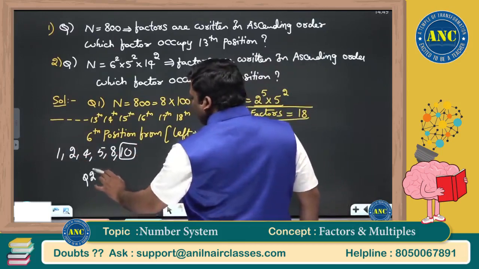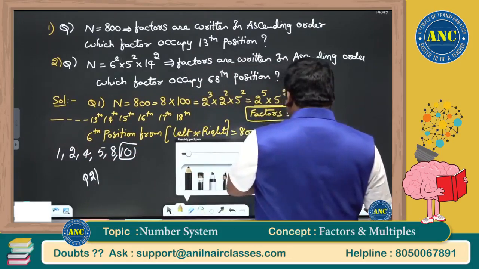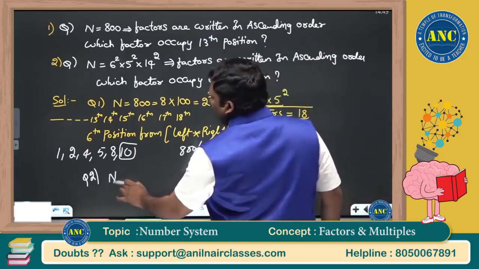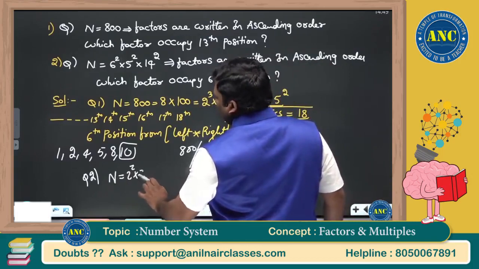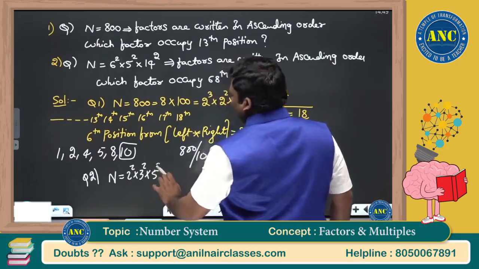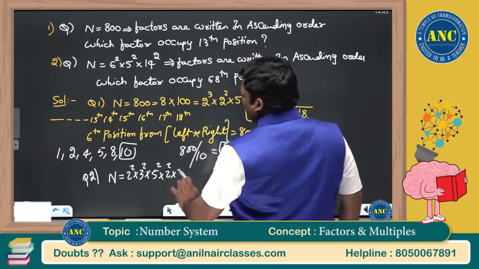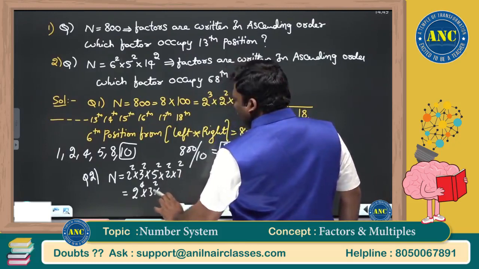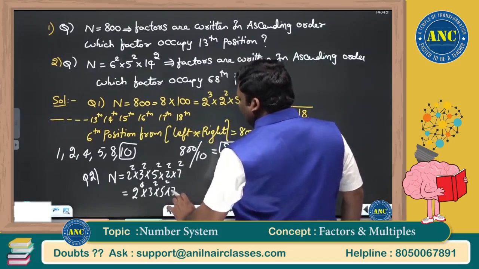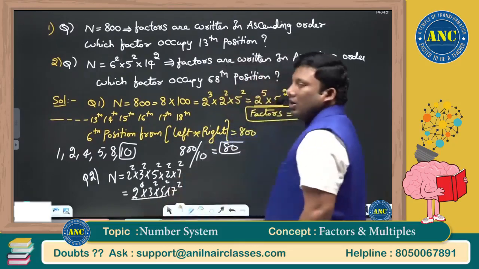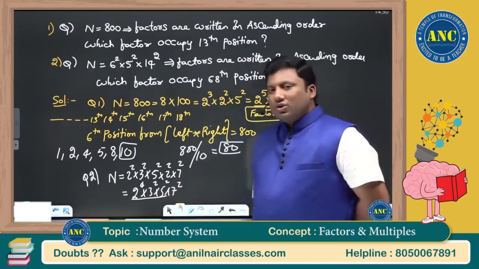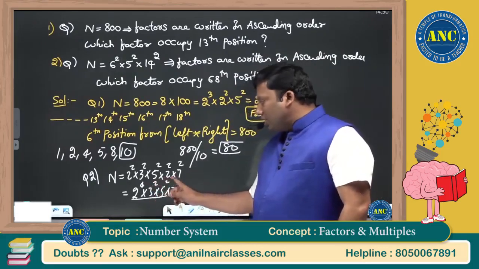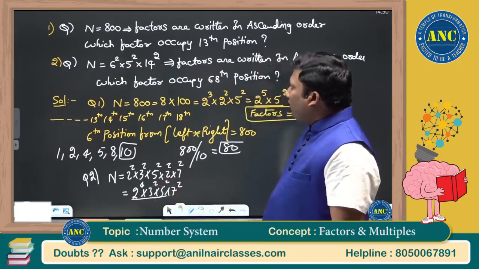Question number 2. Same logic, sir. The idea is just to show how to solve this question. N is the product of numbers, all should be prime numbers: 2 square into 3 square into 5 square into 14 is 2 square into 7 square. So this is given by 2 power 4 into 3 square into 5 square into 7 square. This is the number. Total how many did I get? 5 into 3 into 3 into 3.